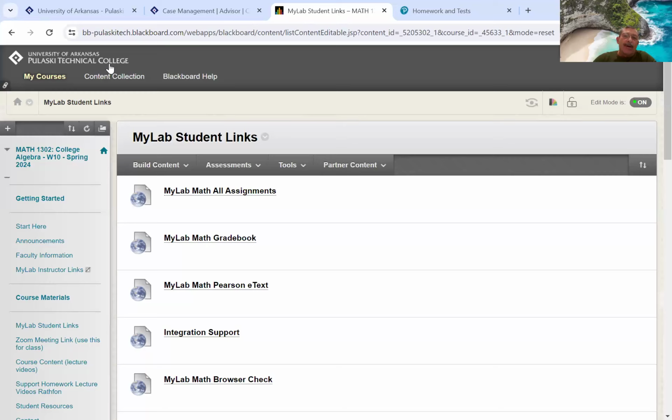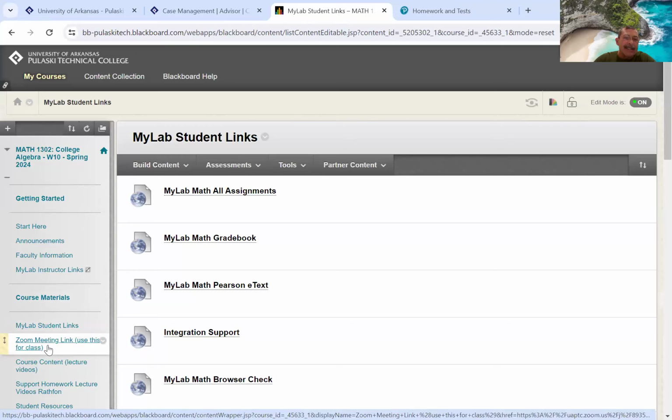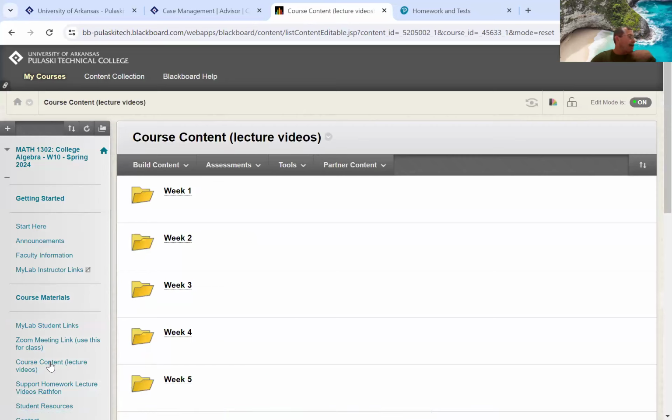All right, y'all. Now, also, if you notice over here under course materials, you got the Zoom meeting link, which will get you to the class. And then under that, you got course content, which is lecture videos for the college algebra. And then under that is support homework lecture videos for the support sections, okay? So if I click on course content,